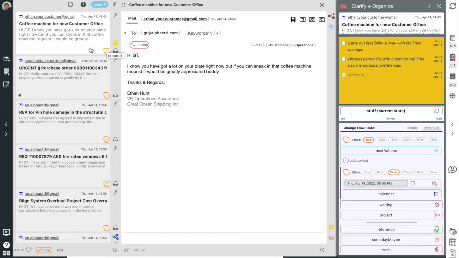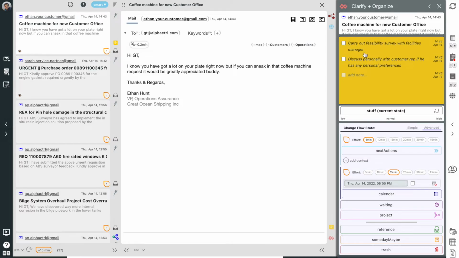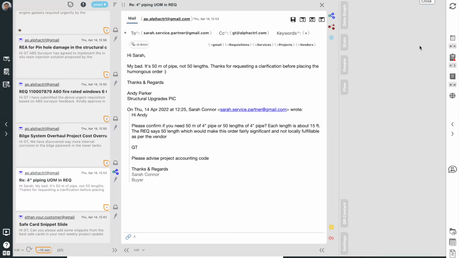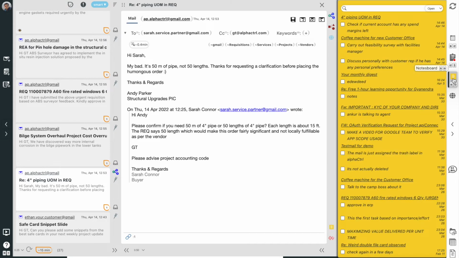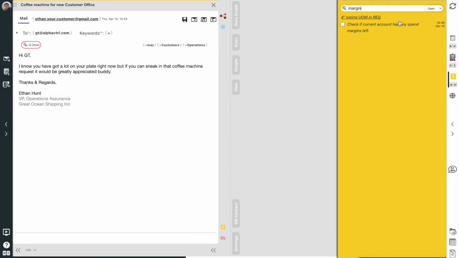This Post-it note then sticks on this email and goes wherever the email goes. It acts as a checklist where I can check off individual steps as they are completed. I can also see any notes that exist on any other email in the thread, by the way, like this email thread. All my notes get globally aggregated on the notes board and allow navigation back to the node on which the note was taken, and are searchable.